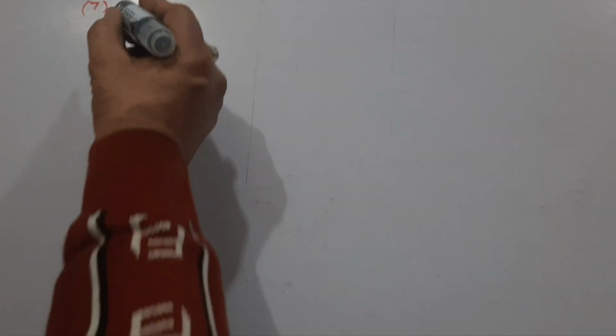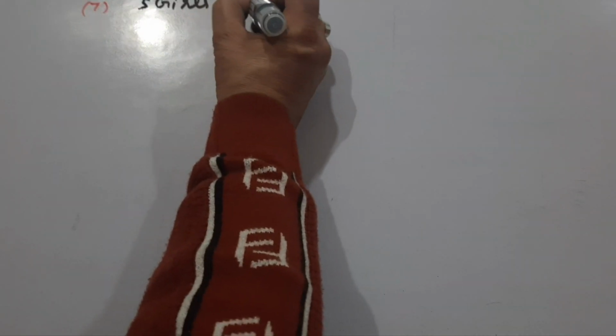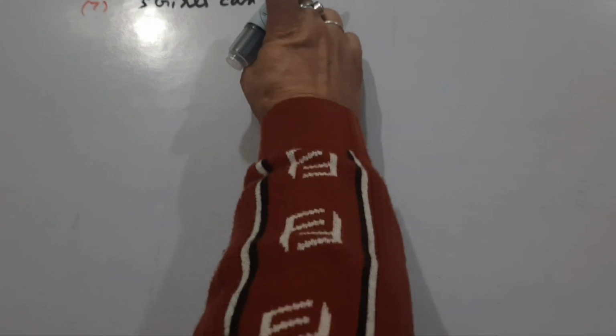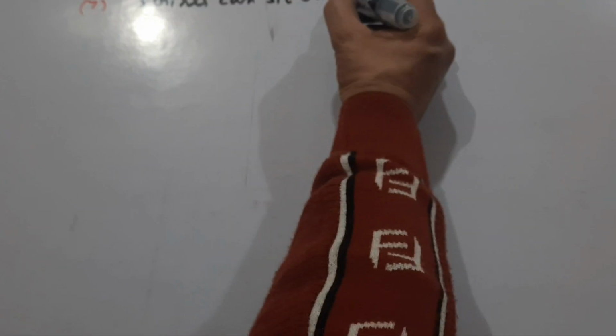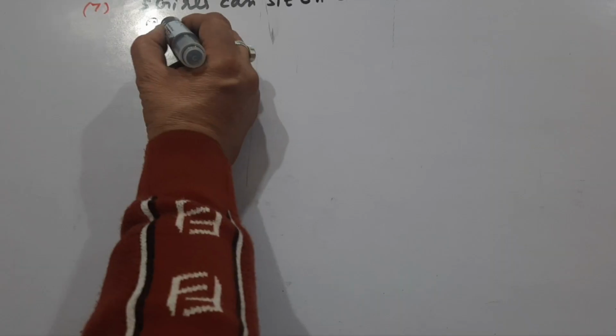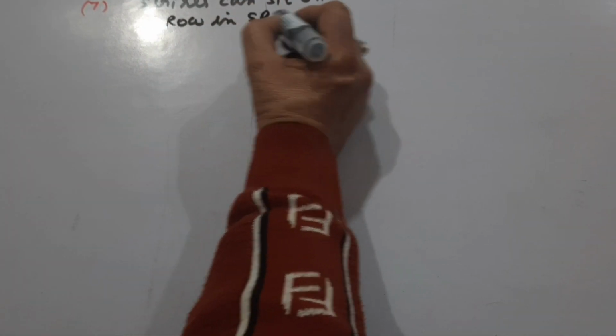Now sum number 7. In how many ways can 6 boys and 5 girls be arranged for a group photograph if the girls are to sit on chairs in a row and the boys are to stand in a row behind them? So simple question, students. So there are 5 girls. So 5 girls can sit on chairs in a row in 5P5 ways,